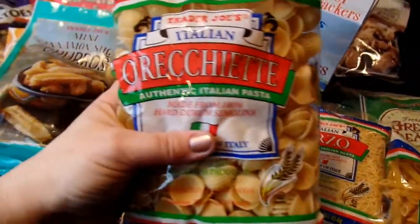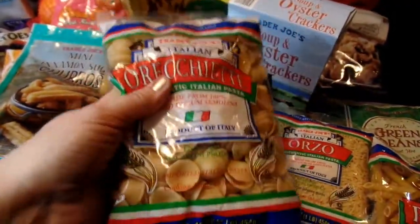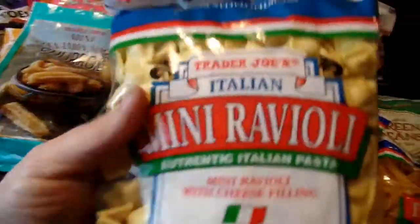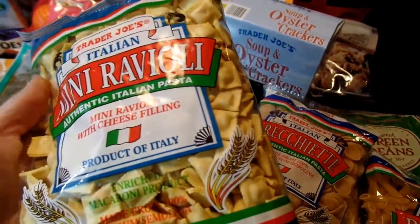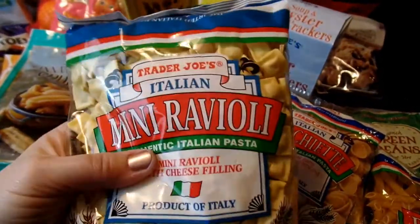And orecchiette. I love this pasta too. I think this holds cream sauces really nicely. And then I picked up some mini ravioli. I prefer fresh, but I also really like to have on hand in the pantry the dried version of little